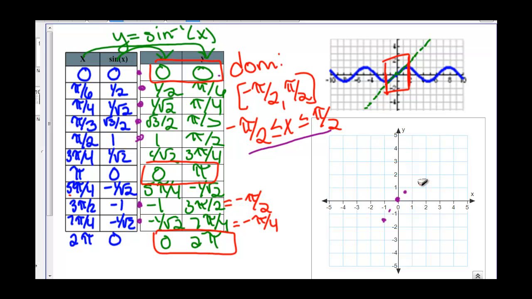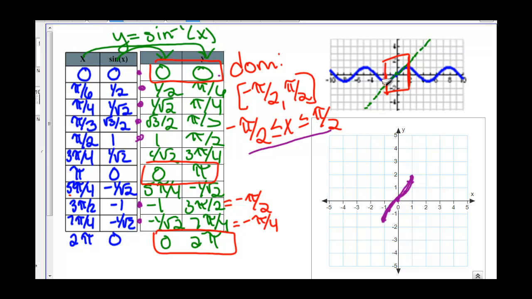Square root of 3 over 2, pi over 3. And 1, pi over 2. So connecting our points, we get a graph that looks like this,